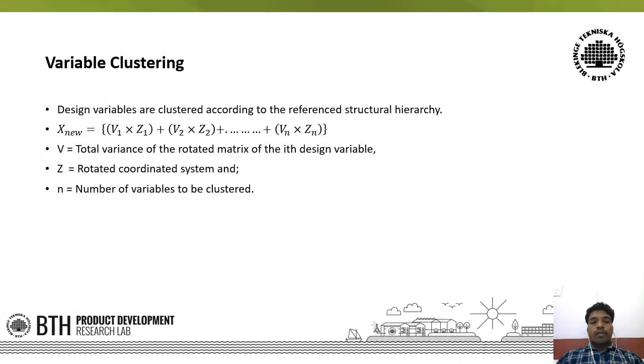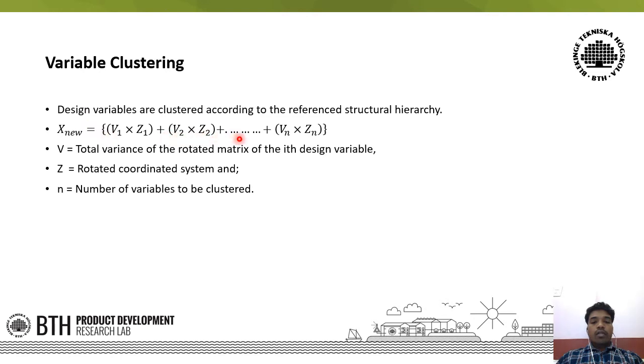Moving on to variable clustering. Design variable clustering involves constructing latent variables inferred from the observed design variables. In the study system, design variables are clustered according to the reference structural hierarchy. The studied system was clustered according to the equation x_nu equals v1 times z1 plus v2 times z2